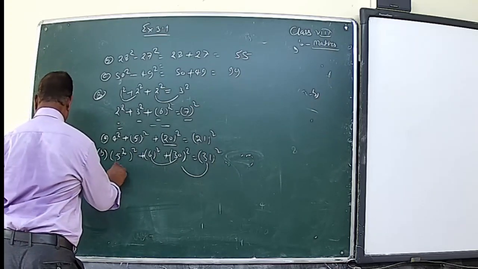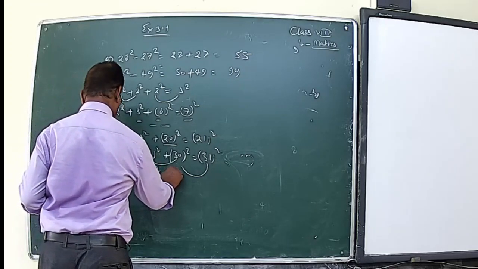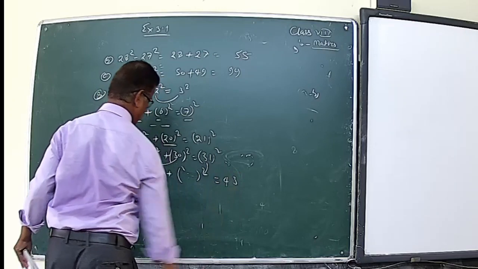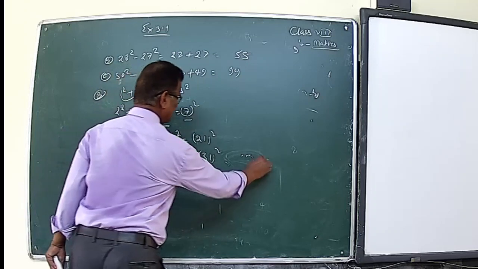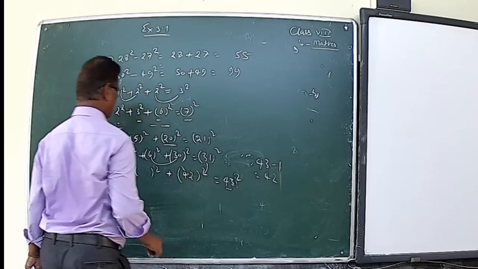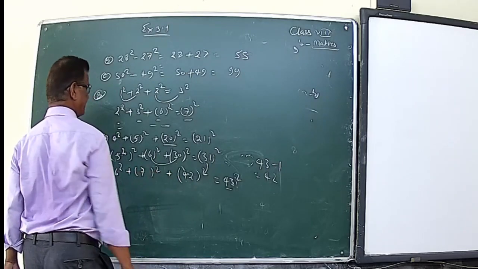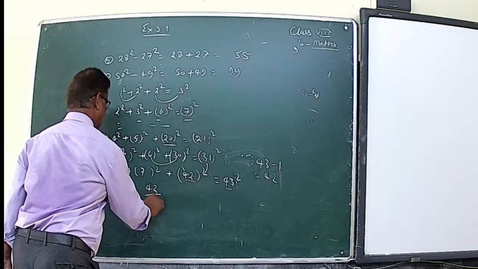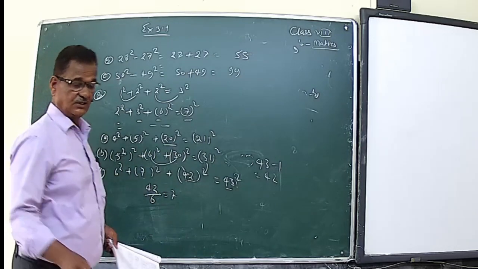See 6 squared plus, here no number is given, you have to fill here, plus here also no number is given, and 43 squared. The predecessor of 43 is 42, so write 42 squared here, and 42 divided by 6 is 7, so here also 7 squared. This number 42 divided by 6 is equal to 7, here 7 squared. Now the 9th question.